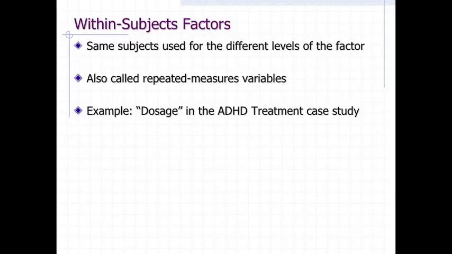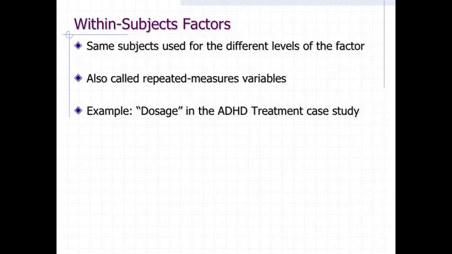In the ADHD treatment study, every subject was tested with each of 4 dosage levels: 0, 0.15, 0.3, and 0.6 milligram per kilogram of a drug. Therefore, there was only one group of subjects, and comparisons were not between different groups of subjects but between conditions